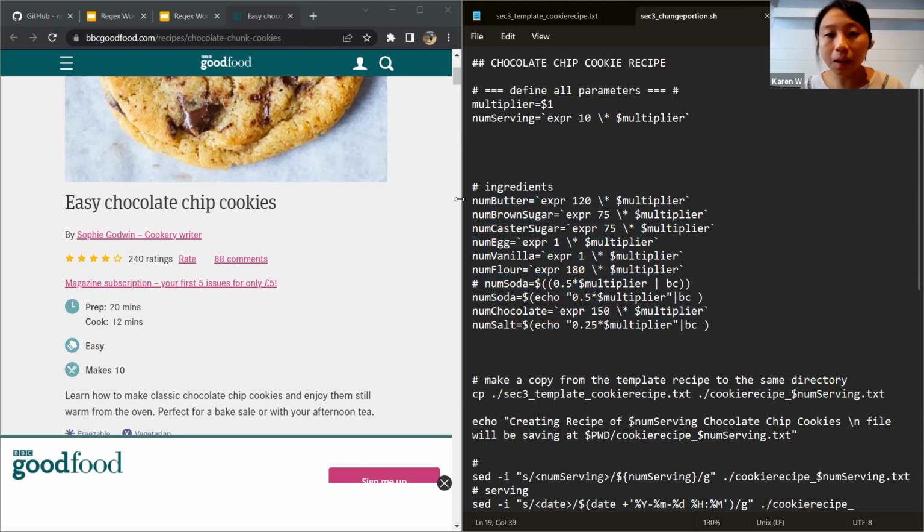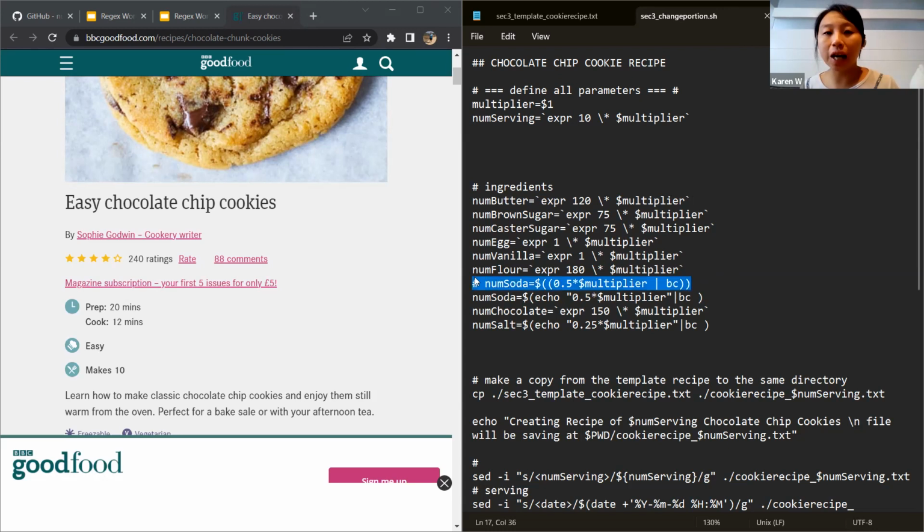So for the number of butter, if you want 20 servings of cookies, it basically multiplies by 2 for you, same as the rest of the ingredients.